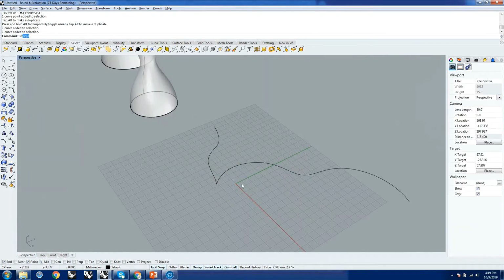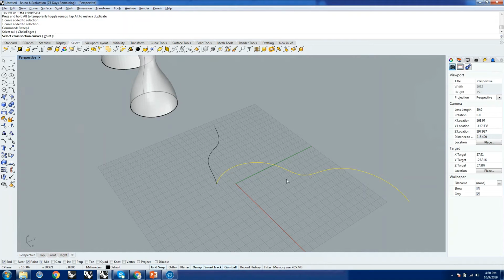So I have these curves, and I'm going to call Sweep1, and it asks me what's the rail. So this is the rail. Now, some of you might remember that yesterday, while using the pipe command, it asked us what the rail was. And we said that the logic was similar to a roller coaster where you have a rail going all around and then a car sitting on top of it and moving all around. So yes, this is the same logic. When it says what is the rail, it is asking for the pathway of the roller coaster,